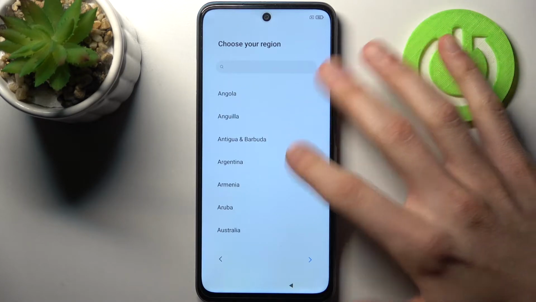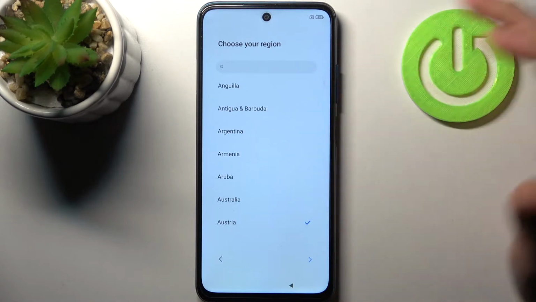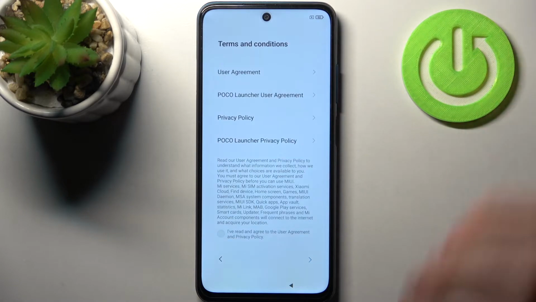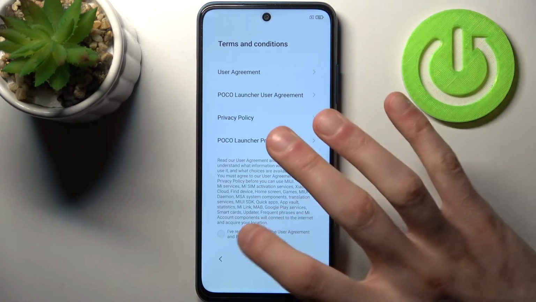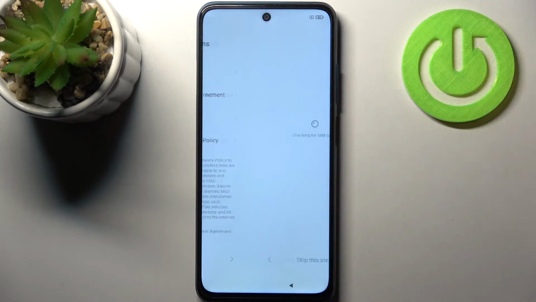You can stay with Poland, but you can select other region too. Then you have to agree with Google's, Xiaomi's agreements, privacy policy and whatever. Tap next. Then you can connect SIM card, but if you don't have any SIM card on you can just